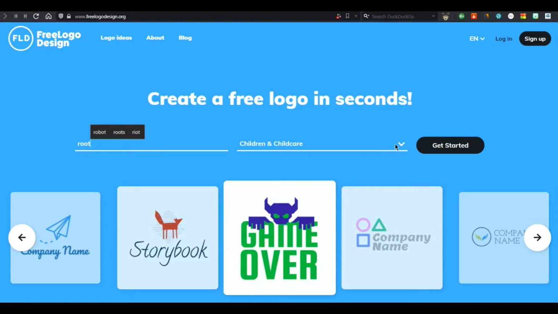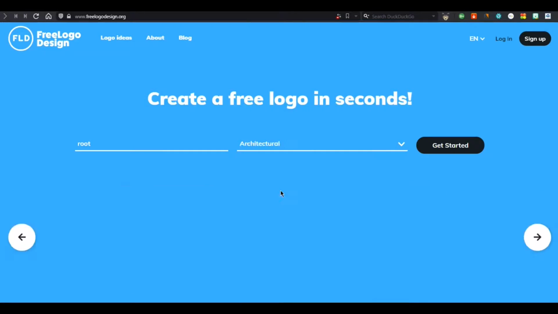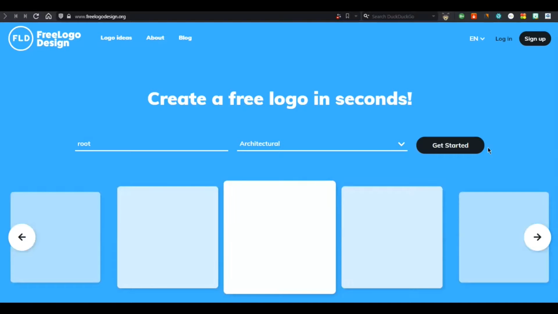freelogodesign.org. Enter the text you need to show in your logo and then choose the category. Then click on get started.